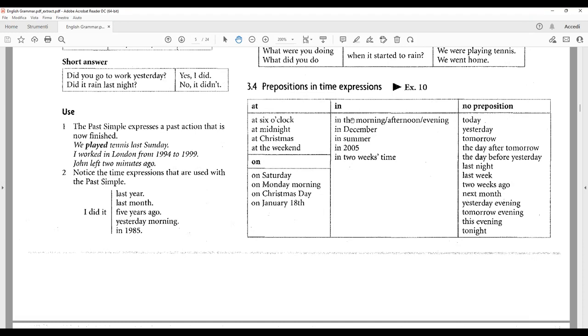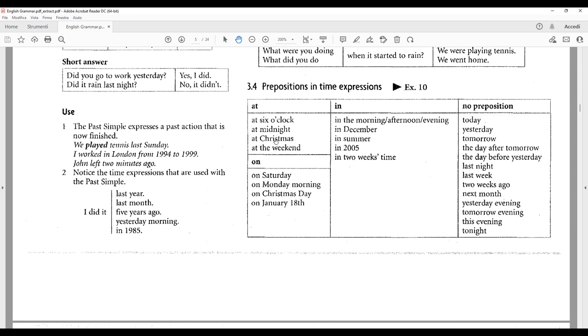Ci sono ovviamente delle preposizioni che aiutano a specificare le espressioni nel tempo. These are called prepositions in time expressions. At, on, in, o no prepositions. At. Usiamo at per dire at 6 o'clock, at midnight, at Christmas, at weekend. Quindi at si usa per le feste, Christmas, Natale, oppure at the weekend per il sabato e la domenica. On per un giorno specifico, on Monday, on Saturday, Monday morning, oppure on Christmas Day, cioè nel giorno di